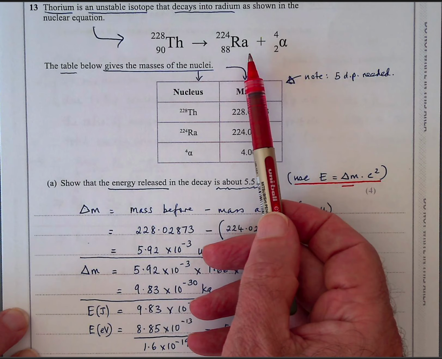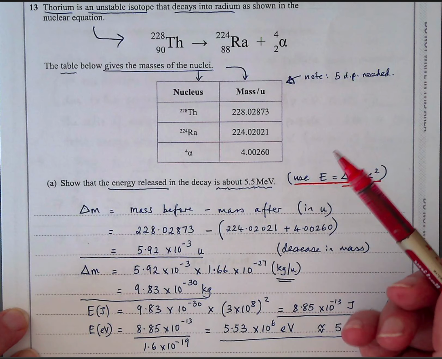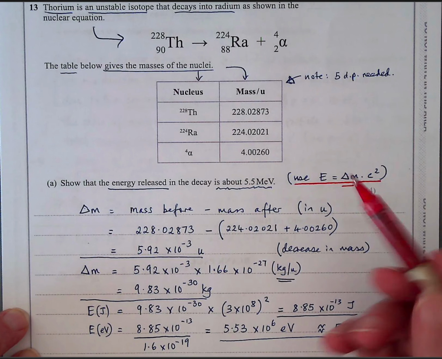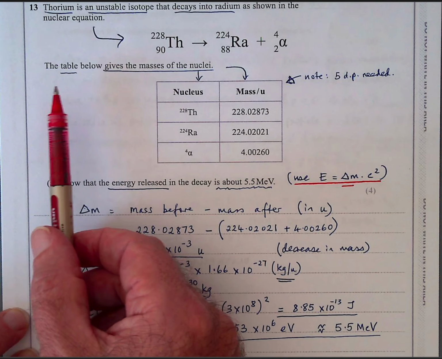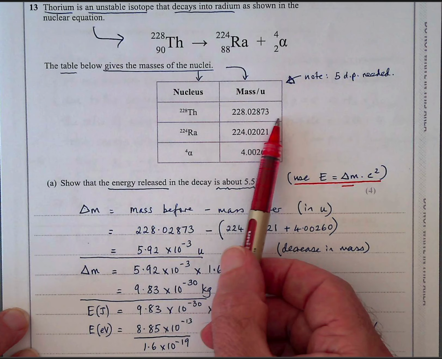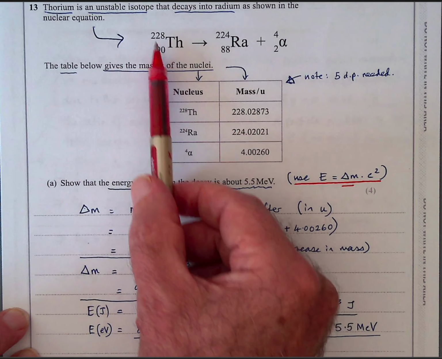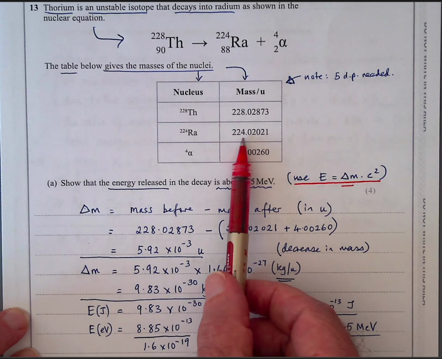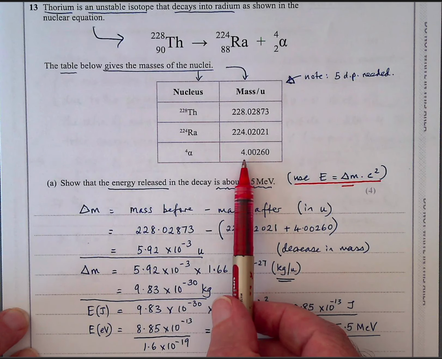and if the mass decreases, then that means energy is going to be released into other forms. So if you lost some mass, the lost mass becomes energy in a different form. Okay, so mass is just another form of energy in nuclear physics. So we're looking at thorium, which is 228 roughly, with the extra detail. Radium is about 224. So you can see this is the number to one integer, and this is the accurate mass when you go to 5 decimal places. Okay, and alpha, if you have the mass exactly, is